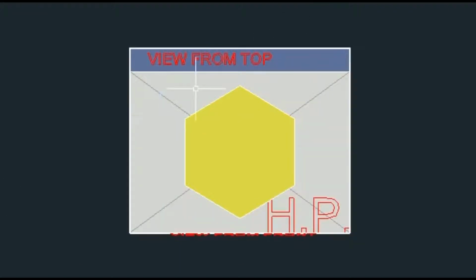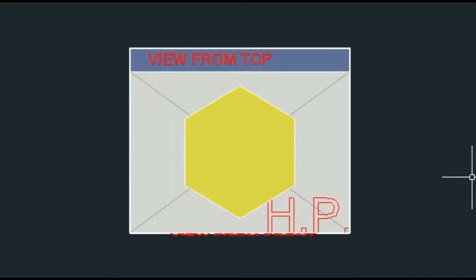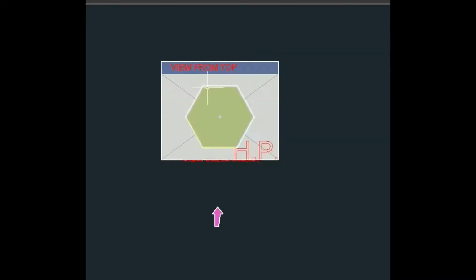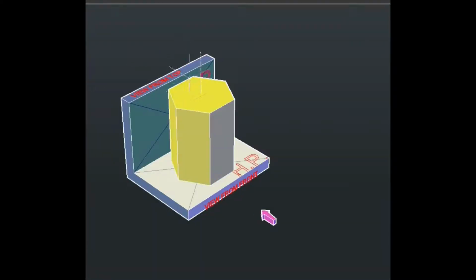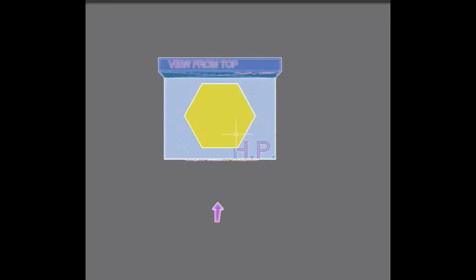So when you view it from the top, we will rotate this hexagon in a way that one of the rectangular faces will be parallel to VP. So now here I am rotating it. You can see that now I am rotating. In this scenario, the face has become parallel to VP, as you can observe above. So when you view it from the top, it can be easily observed that this face here, the back face, one of the 6 faces of the hexagonal prism, is now parallel to VP.